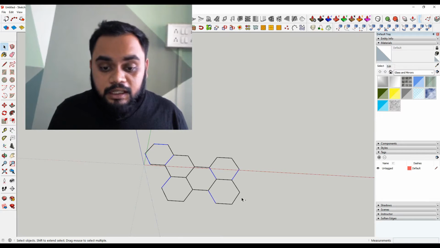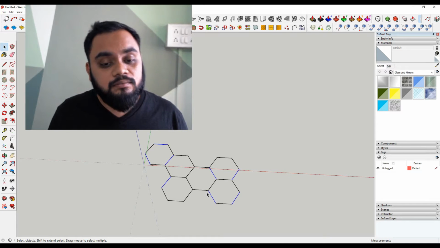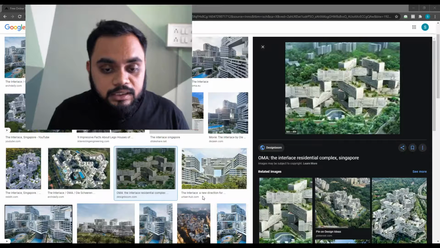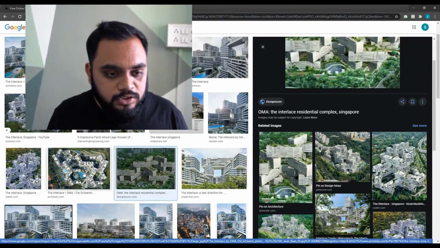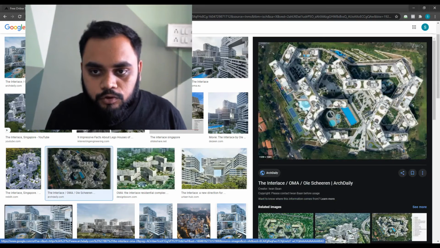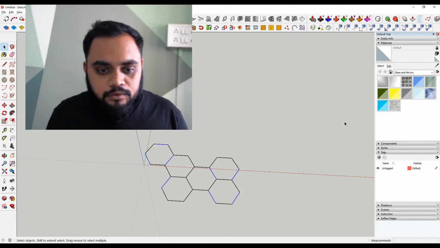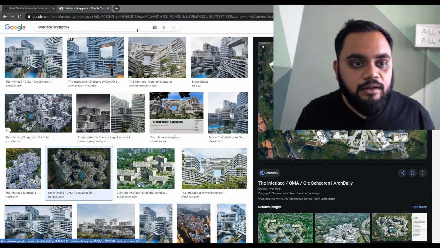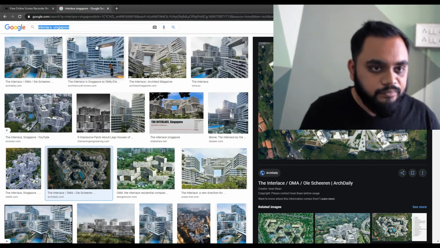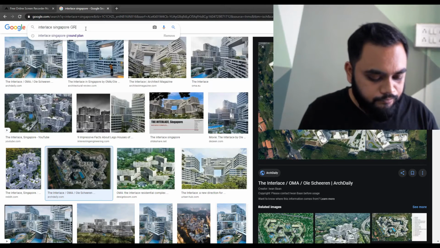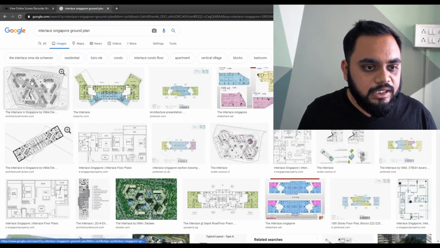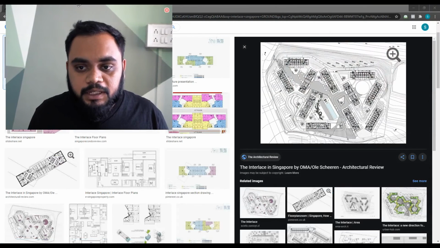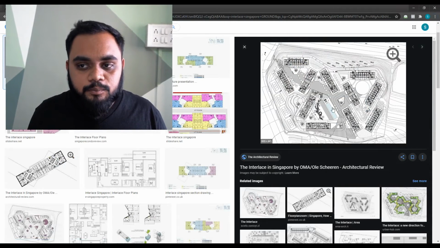I've practiced this a few times by looking at the image, but still I need to look at the image. So let's just look at this ground floor. You can see that you have this hexagon over here. Or let's see if we can find a ground floor plan. Okay, we've got a plan over here, which will make our work very simple.